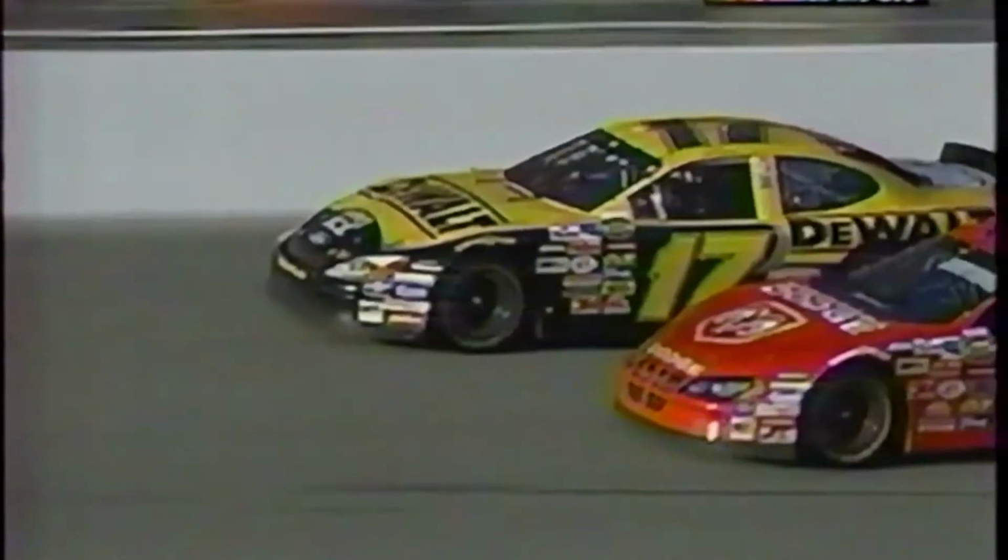Casey's around here. He's stopping to do me some donuts. You know what? He should. Well, as rookie of the race, he's entitled. Look at that finish. Ever so close. And as they cross the line,